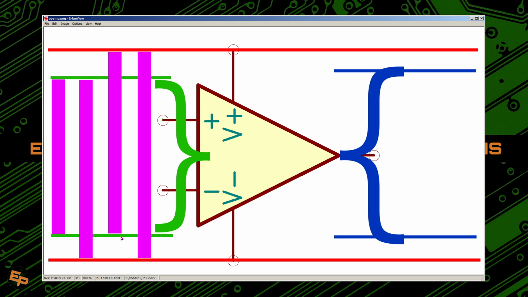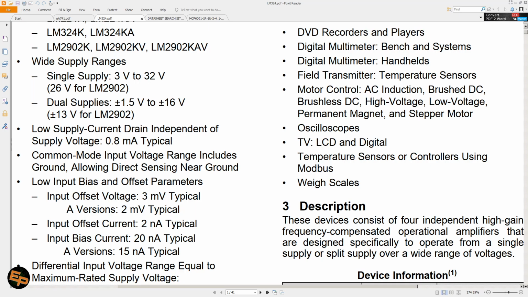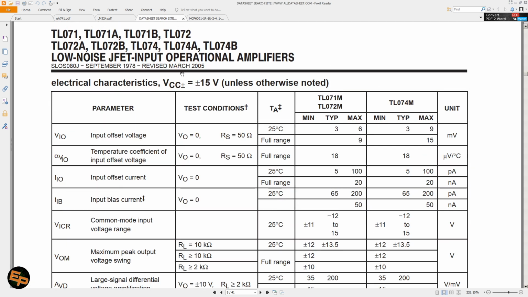A similar situation happens in some other op-amps that have these two cases reversed. There are op-amps that allow you to have their input voltages up to the positive power rail, including the positive power rail, but they do not allow you to go down to the negative power rail. They require you to keep your input voltages away from the negative power rail by a certain amount. A good example is TL070 something, or 060 something, or 080 something,